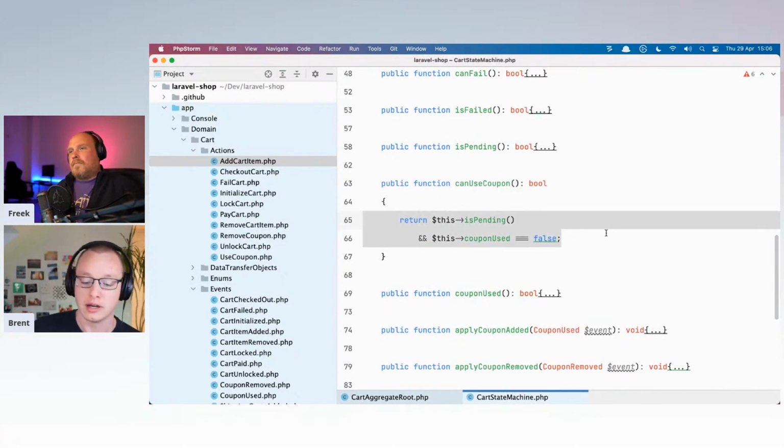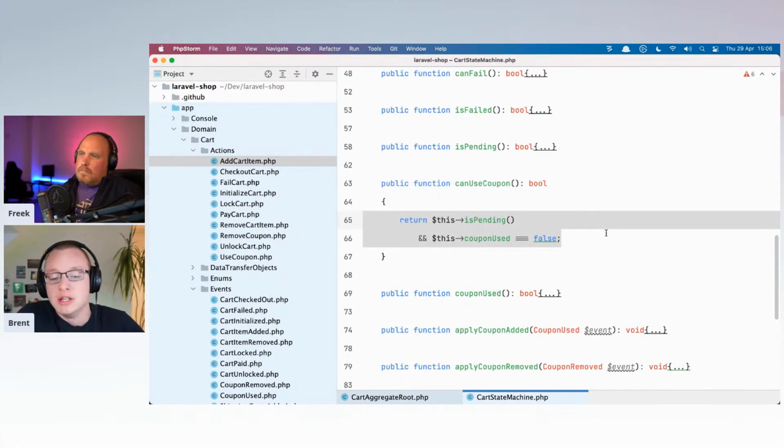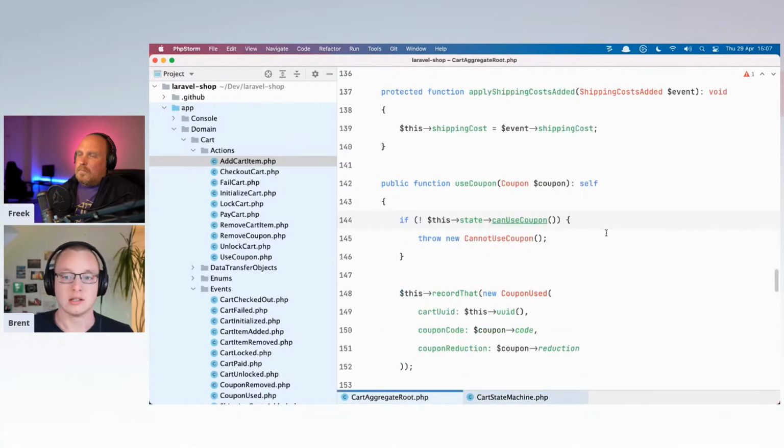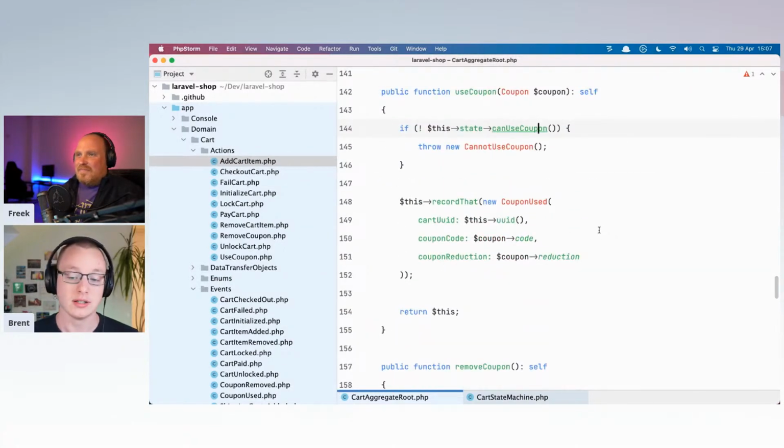And over here, it says that coupons can only be used if the card is pending and if no other coupon was used before. And really, this is one of the very important responsibilities of the aggregate root, to say it with DDD vocabulary, to guard against invariants, right? To guard against invalid operations that shouldn't be allowed to happen.